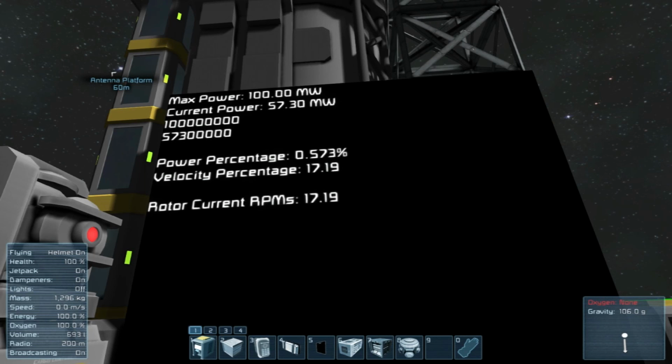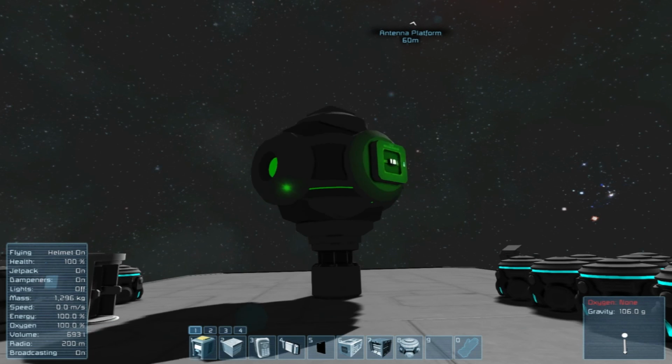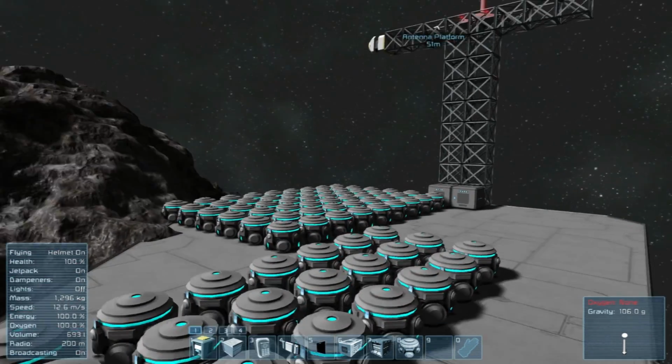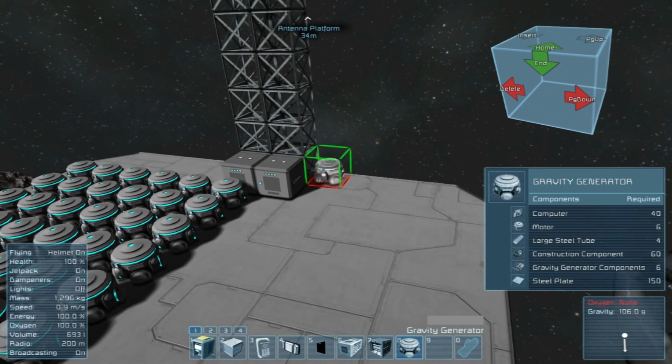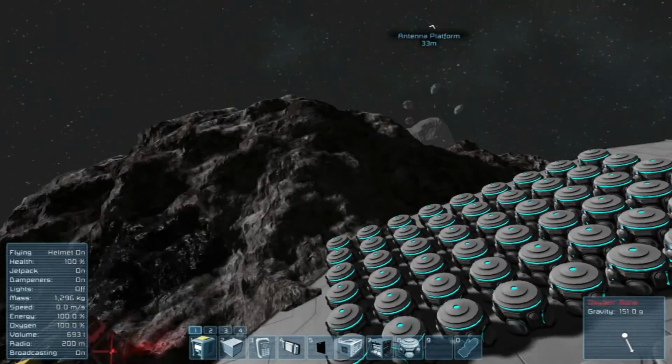The velocity percentage, I think, might actually be right. No, because velocity percentage is creating the RPMs that we need. So it is not 17%. It is 17 RPMs, which is 50%. So it's coming out right, it's just displaying on the screen incorrectly, and as you can see, when it actually catches up, the rotor is spinning correctly. It's just causing a heck of a lot of lag for some reason. It did not do that when I did this on my other map. So I don't know exactly what the problem is.